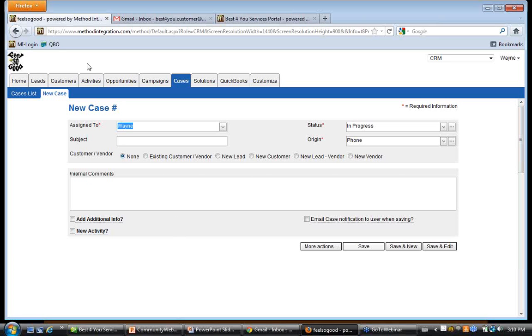So rather than you having to go to the leads area or the customers area and then having to create a customer record and then going to activities to log a phone call, and then if that phone call was actually because of a problem that a client was reporting, you then have to go to the cases area to create a case for it. Instead of doing all that, you can go straight to the new case form here. And for example, I can go